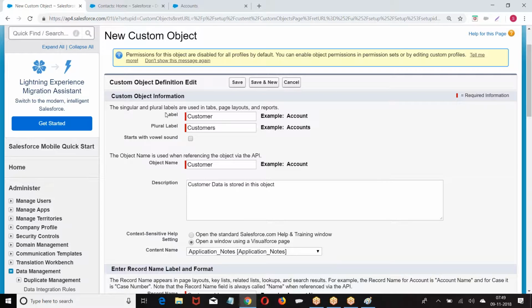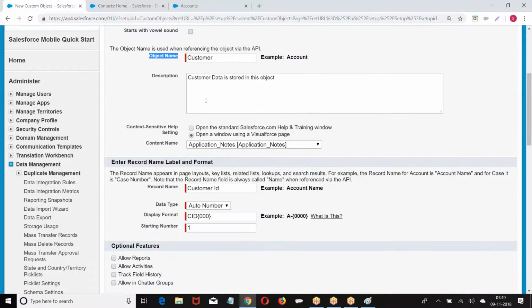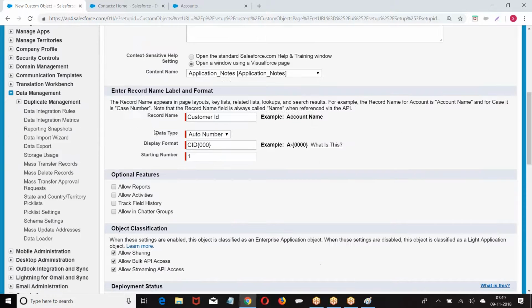So, once again: label name of the object, plural label of the object, actual name of the object, description, context hints to help. Then we had the name field, the data type of the name field, and the format in which the data should be represented. Next, we have optional features.